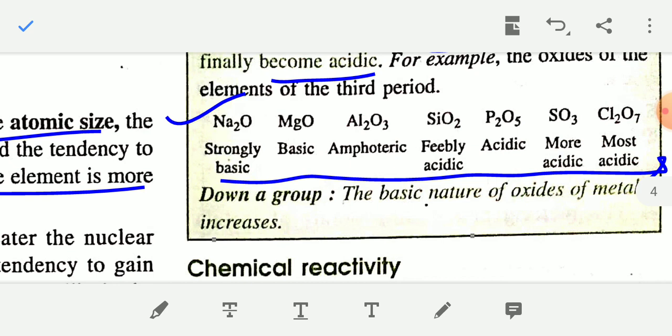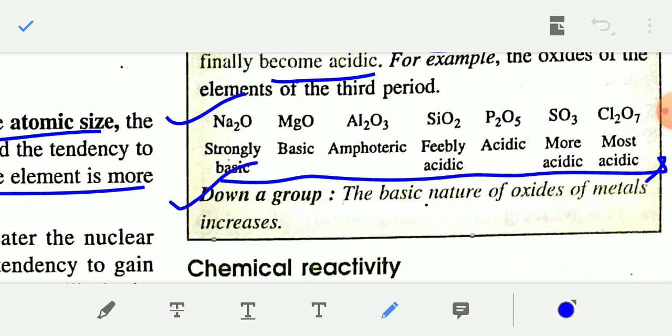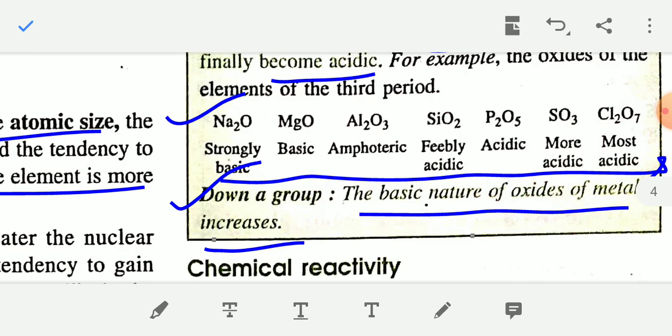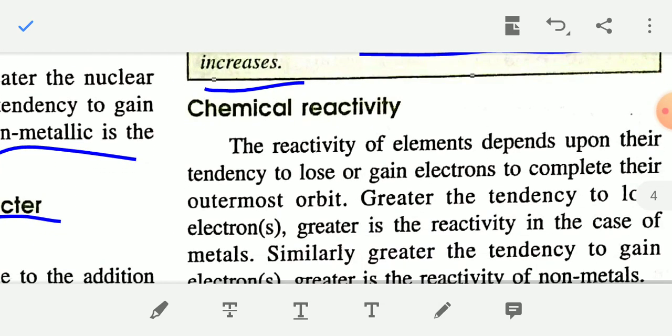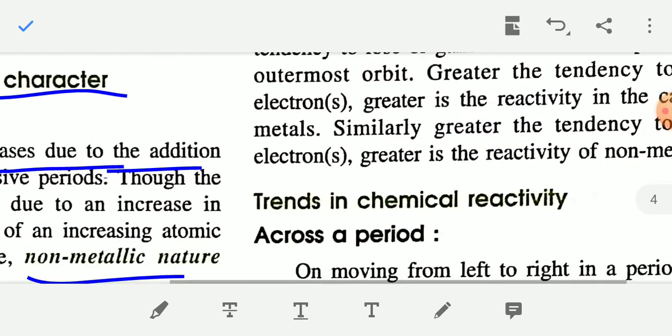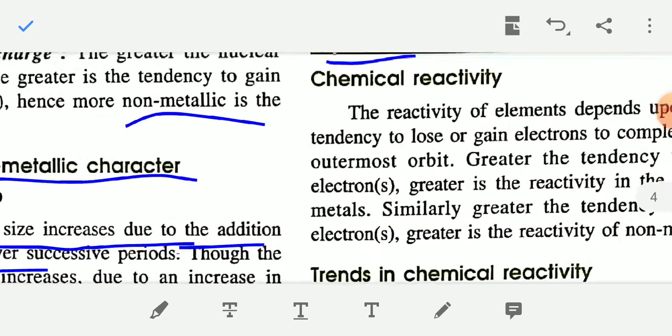for oxides of period 2 and period 3, the basic nature from left to right decreases and the acidic nature increases. Down the group, the basic nature of oxides of metals increases and the acidic nature decreases. Now see the next periodic property,